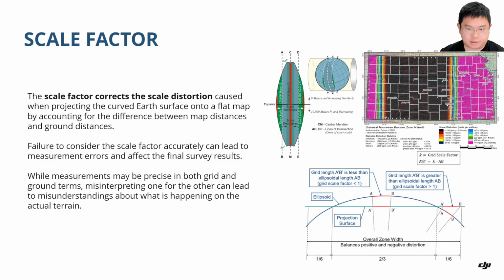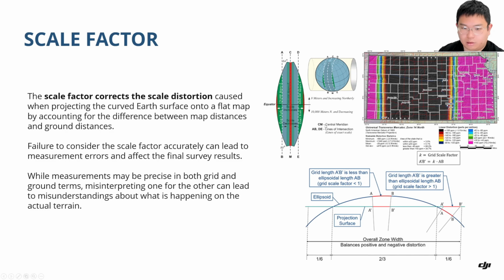Let's start by discussing the scale factor. The scale factor is a correction factor used to rectify scale distortion caused by projection. As discussed in our previous episode on the horizontal coordinate system, the geographic coordinate system, which uses the ellipsoidal shape to interpret the Earth's surface, can be converted to multiple projection coordinate systems based on the projection method. So I'm going to take one example, which is the UTM projection,